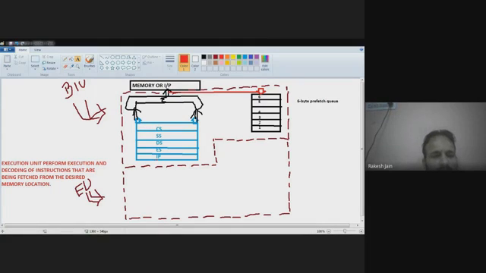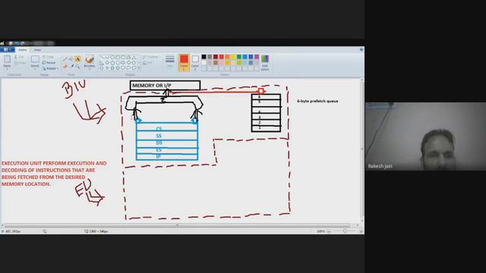Okay. So here in this execution unit, first of all, there are 8 kinds of registers, in which 4 are the general purpose registers, because as I have already taught that 8086 microprocessor is a 16-bit microprocessor and the data bus is of 16-bit. That's why the 4 general purpose registers A, B, C, D are divided into 2 parts: the higher byte and the lower byte, each 8-bit, like AH and AL, where AL stands for the lower byte of the accumulator and AH stands for the higher byte of the accumulator, like B, C, D.